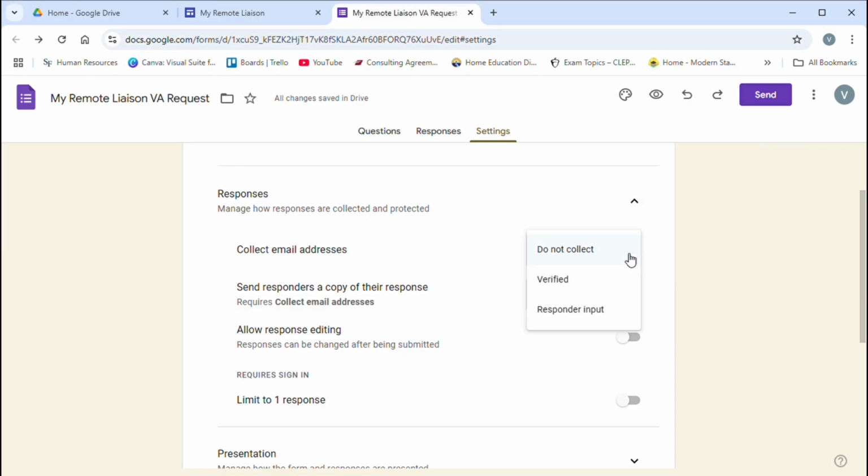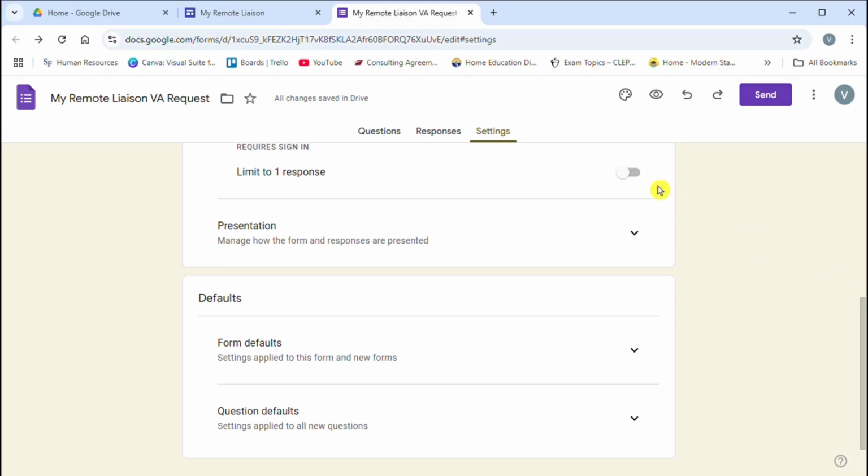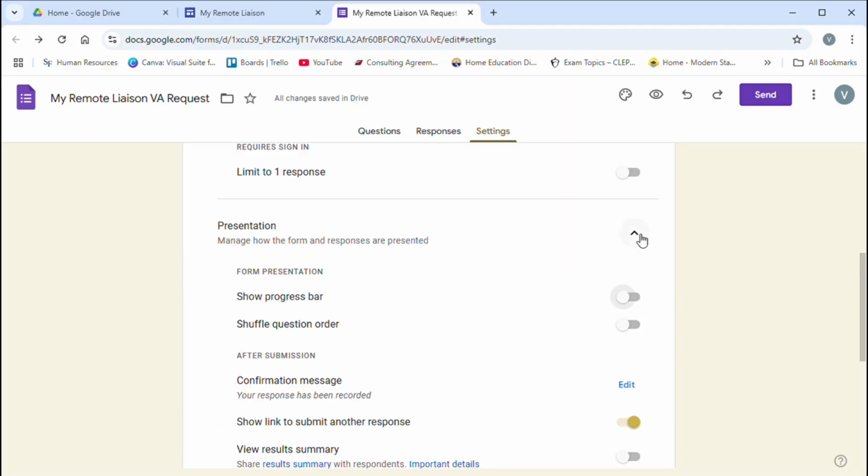I do not have collect email addresses checked, but if you want to, you can. Again, that's up to you. Then you want to set up the rest of them. So allow response editing, I do. Require sign in, no. If you want to limit it to one response, though, you do have to require them,